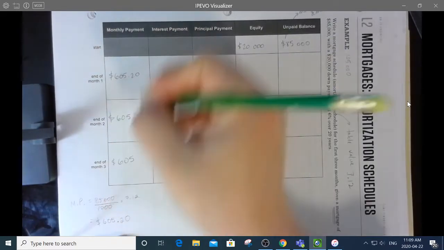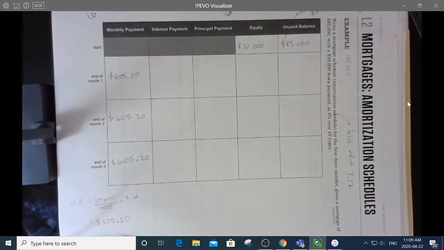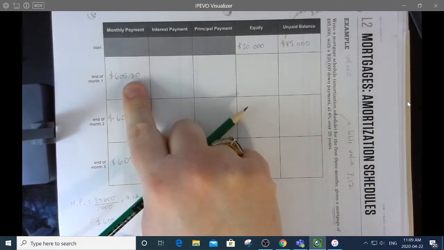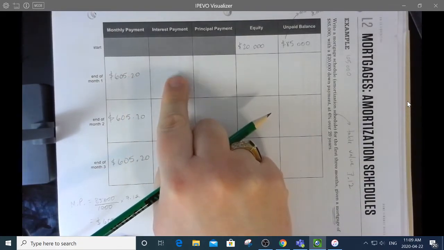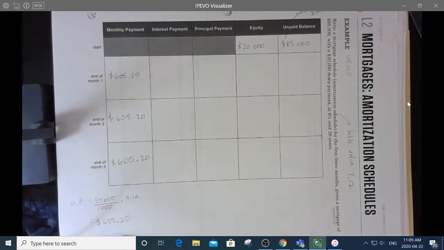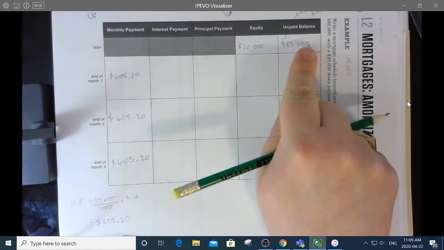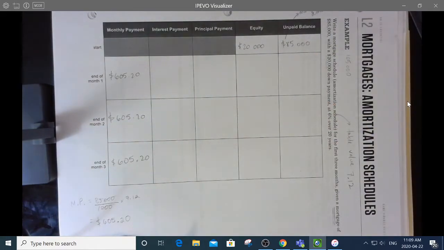Every month they make a monthly payment of $605.20. Now, how much of this money that they're paying at the end of month 1, when they make their first monthly payment, how much of this actually goes towards interest and how much goes towards the actual principal that they owe the bank? Well,